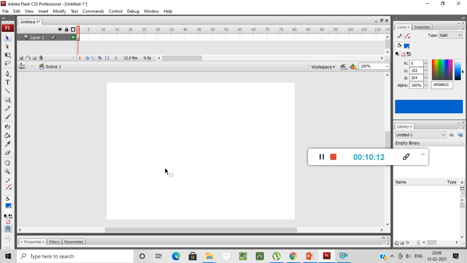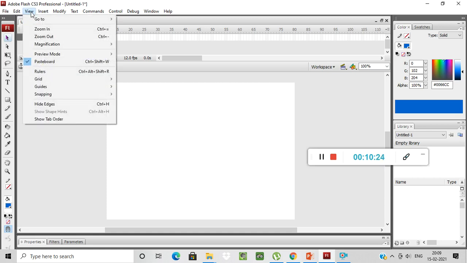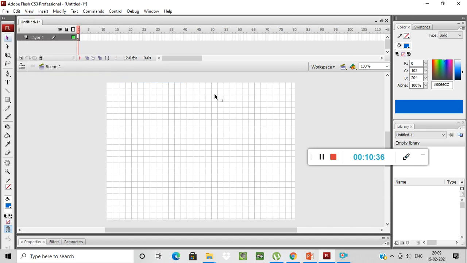Now on this page, my page is blank. If I want to give a grid on my page, then what you have to do over here is go to the view option, and grid is available. Now select grid and click on show grid. See, are you able to see these grids? You can write the tables like this.